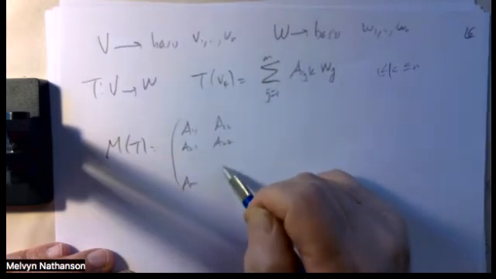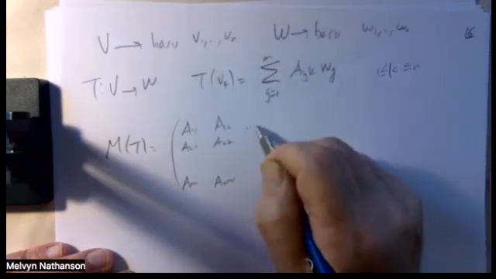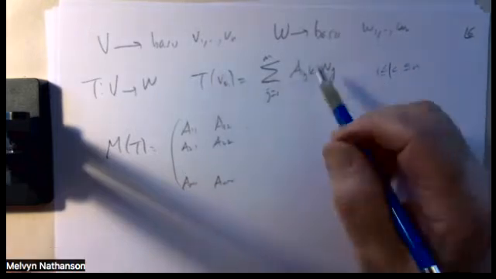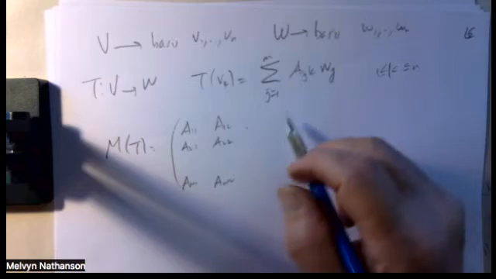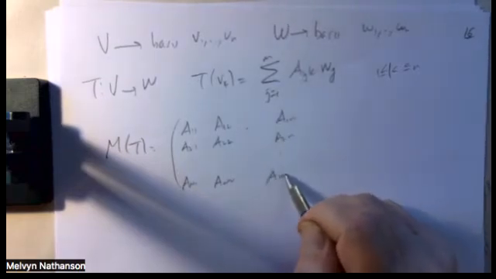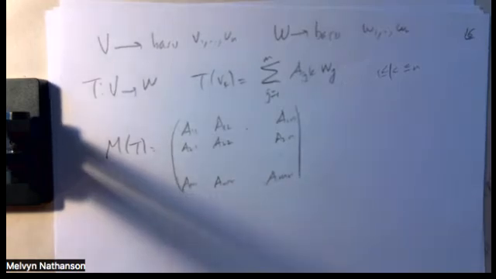a12, a22 down to am2. All the way up to the nth vector, vn, when k is equal to n, the coordinates are a1n, a2n, down to amn. And this is what is called the matrix of my linear transformation. And I'll explain in a minute why this is so important, but let me just calculate